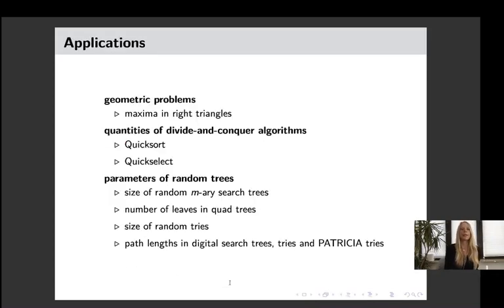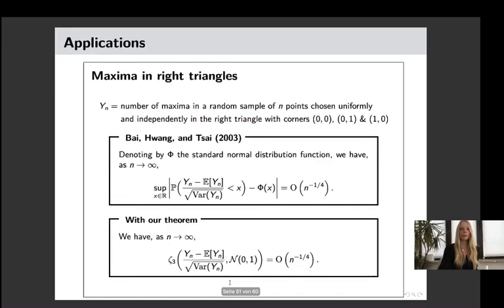Okay, so now that I've stated the main result, I would like to list some possible applications. So first, we can treat geometric problems that can be decomposed recursively. For example, the number of maxima in right triangles. So here Bai, Huang, and Tsai showed in 2003 that this number of maxima is asymptotically normal with convergence rate n to the minus 1/4 in the Kolmogorov metric. And with our refined version of the theorem, we can now rederive this result for the Zolotarev distance, and we obtain the same convergence rate n to the minus 1/4